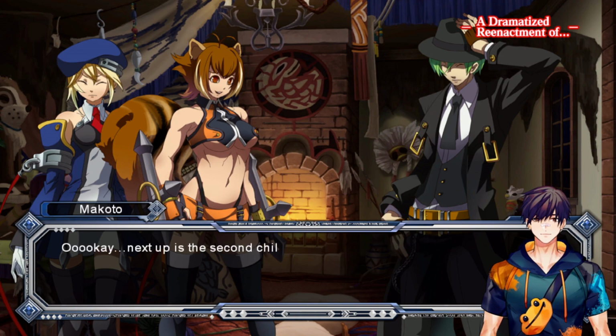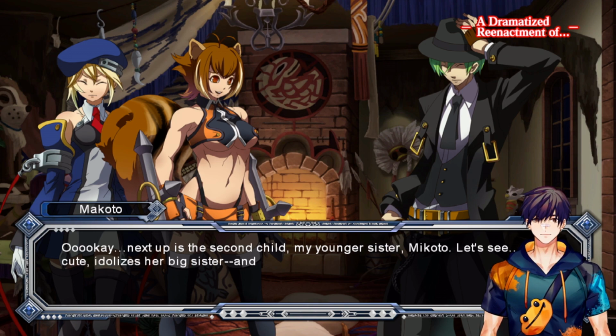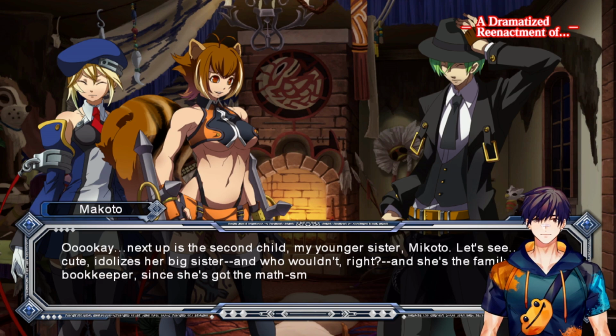Okay. Next up is the second child, my younger sister Makoto. Let's see. She's cute, idolizes her big sister, and who wouldn't, right? And she's the family bookkeeper, since she's got the math smarts. Wait, why did they name you Makoto and your sister's Mikoto? That's just asking for confusion. It's already confusing enough when people decide to name their twins with really similar names, but...